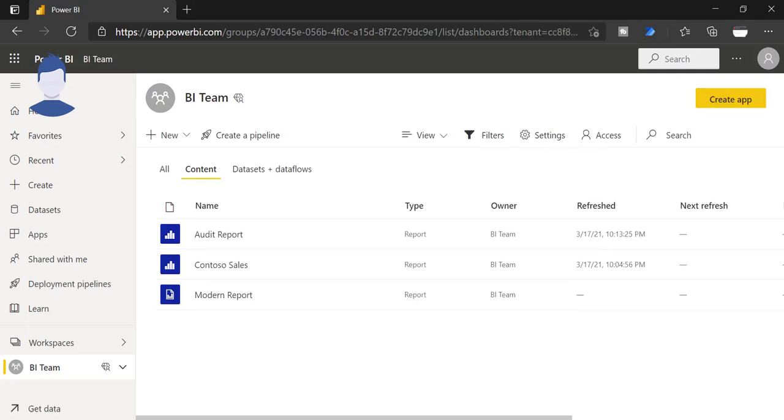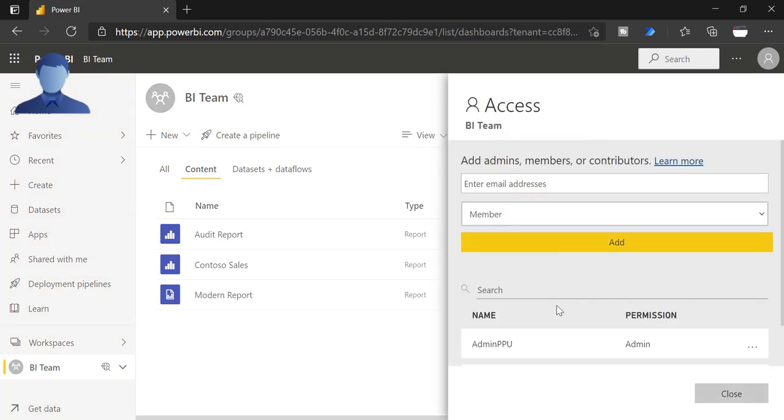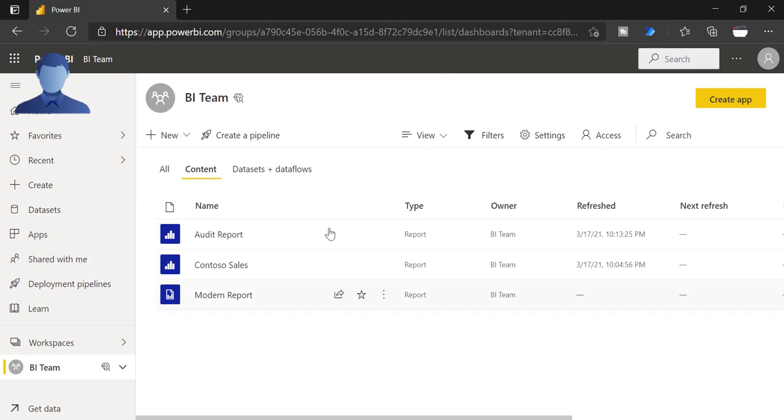So the administrator, coming and checking here, is thinking the administrator can do two things. The administrator can elevate his access to contributor to make sure he can share the reports with others, but the administrator doesn't want to do that. The administrator wants to stick with viewer access because it's a new user, and this user may delete some of the datasets if we give additional privilege. So the administrator still wants to stick with viewer access, but we can still enable the share option for Ritu.